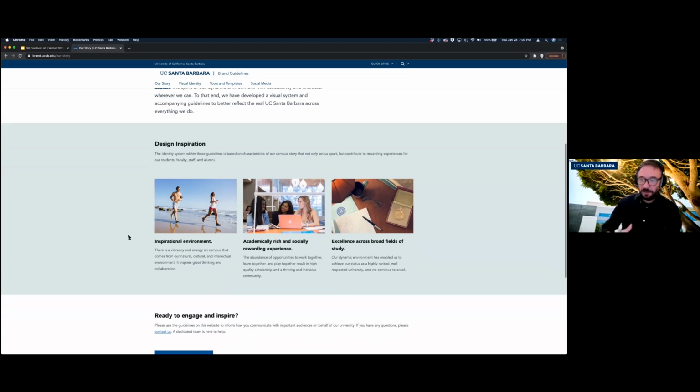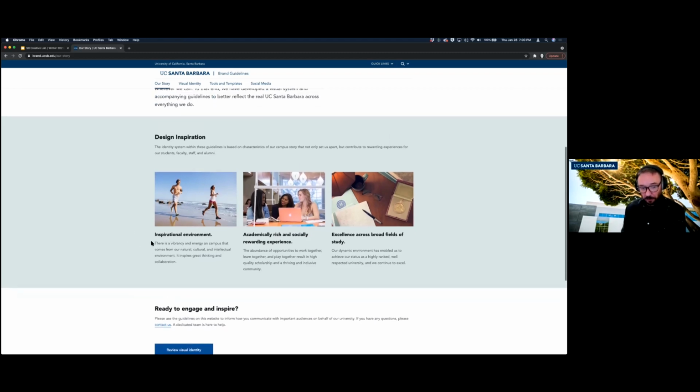It's the experience. Every time someone experiences a connection to our brand, whether that be through a website, through an in-person meeting, through a campus tour, a video, or seeing a photo in a magazine, anything, those are all touch points where you engage with the brand. And we want to make sure visually that we're telling the story, but also when we're writing copy, when we're talking to people.